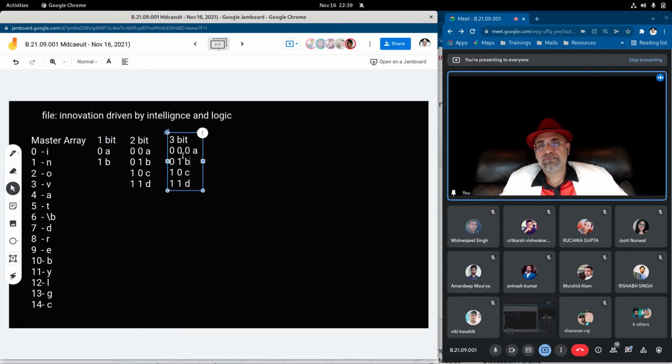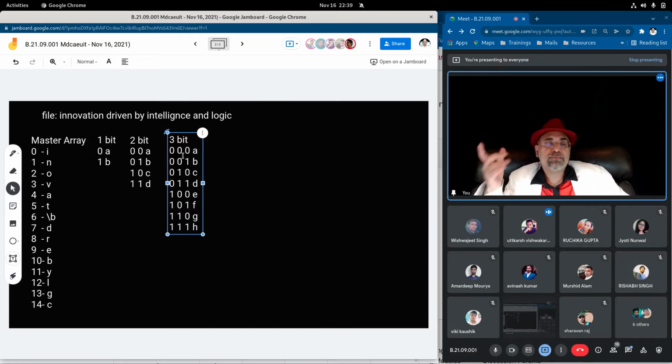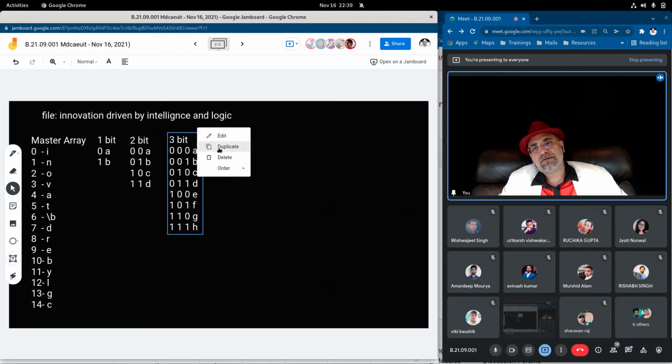3 bits will give you up to 8 different codes: 0 0 0, 0 0 1, 0 1 0, 0 1 1, 1 0 0, 1 0 1, 1 1 0, 1 1 1. So you can have up to 8 characters. 2 to the power 3 is 8. Similarly, if you have 4 bits,